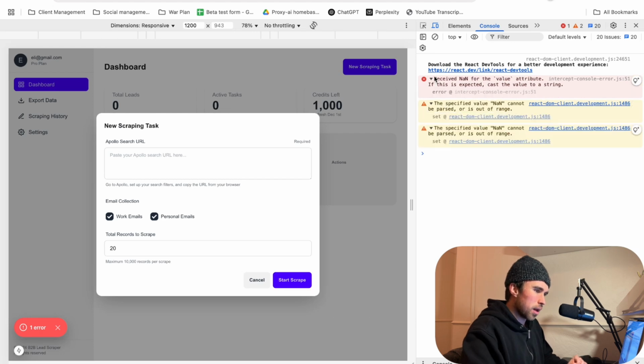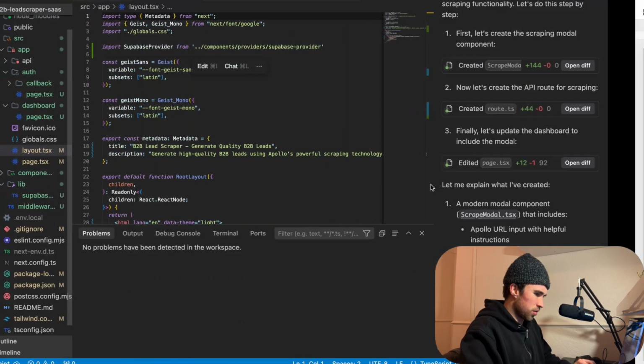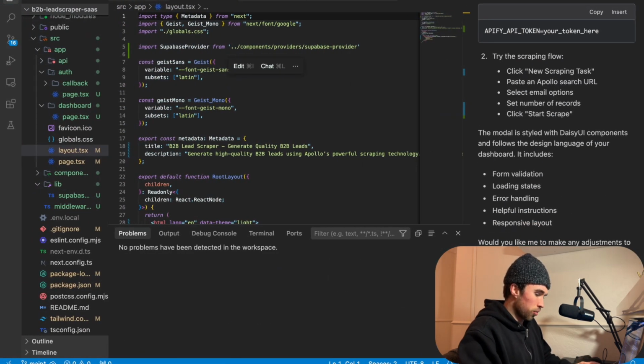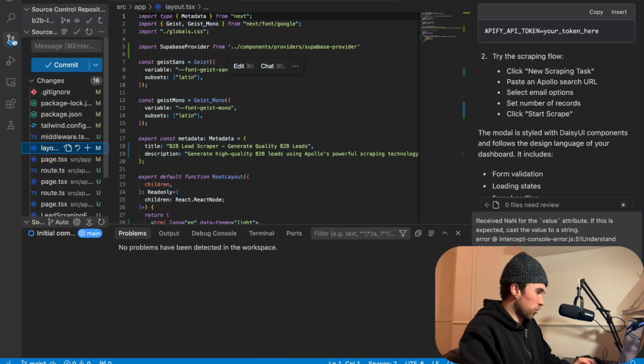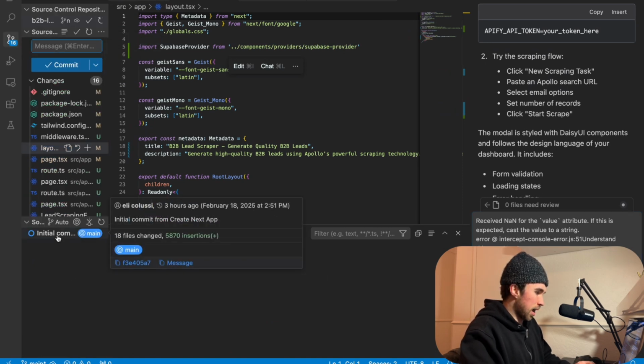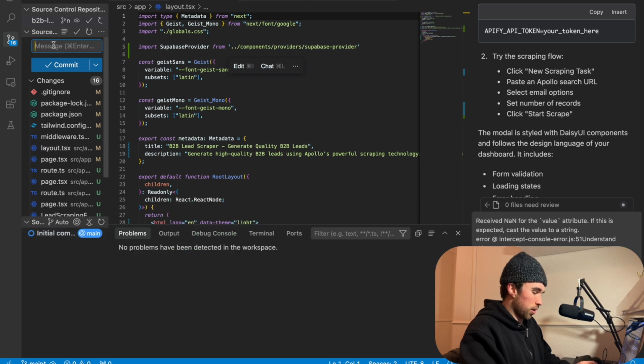I don't know what this is, but we'll just give this to here. No problems have been detected. So actually, you know what we'll do? We'll make our first commit. Well, this is the initial commit committed by Next. Immediately when we created this, we'll do like